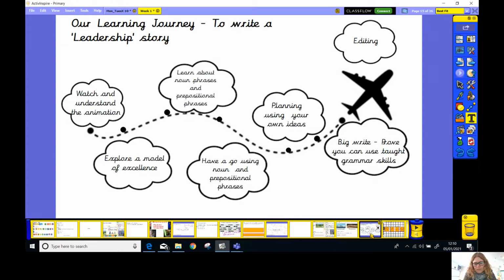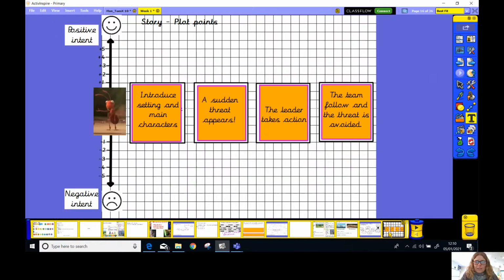We're going to have a go at using those noun and prepositional phrases, and then we're going to plan our story, innovate some good ideas. Eventually you'll write your story, and if we were back in class, we'd be doing some editing together, wouldn't we? But you'll be doing some editing perhaps on your own. And your story will follow these 4 points. We're going to be in class writing about the ant part of the story together as part of our lessons, but then your story will be about a different animal, but it will still have 4 points or 4 paragraphs.